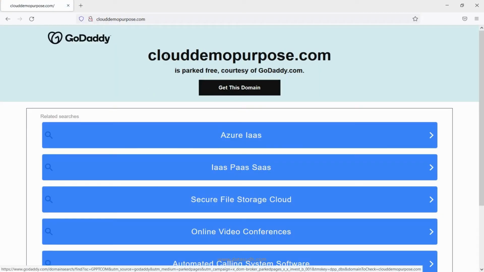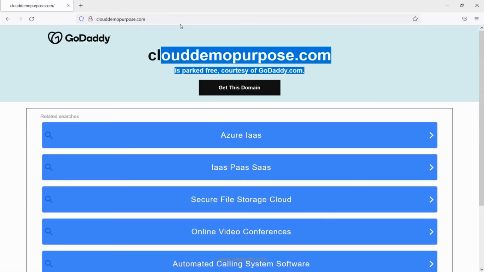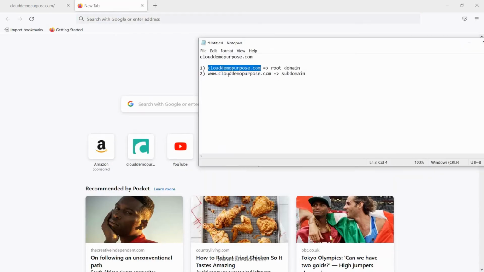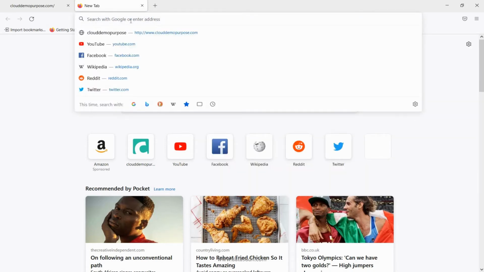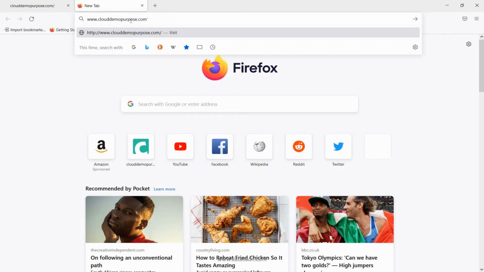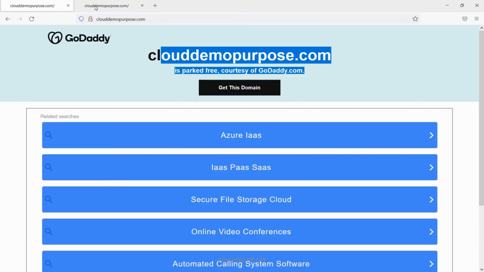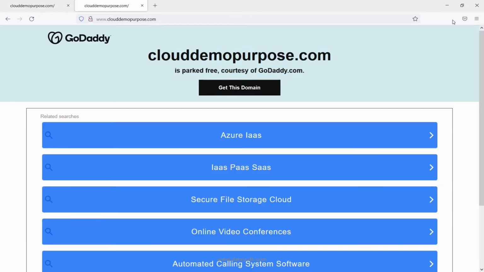If I type this, I get that this is parked free courtesy of GoDaddy. Similarly, if I type with my subdomain, I will get the same message because my subdomain is pointing to my root domain. See, I got the same message in both the cases, when I access by my root domain and when I access by the subdomain.